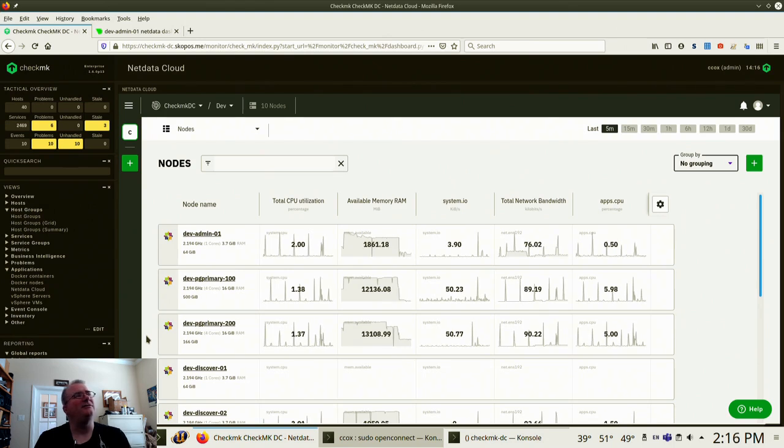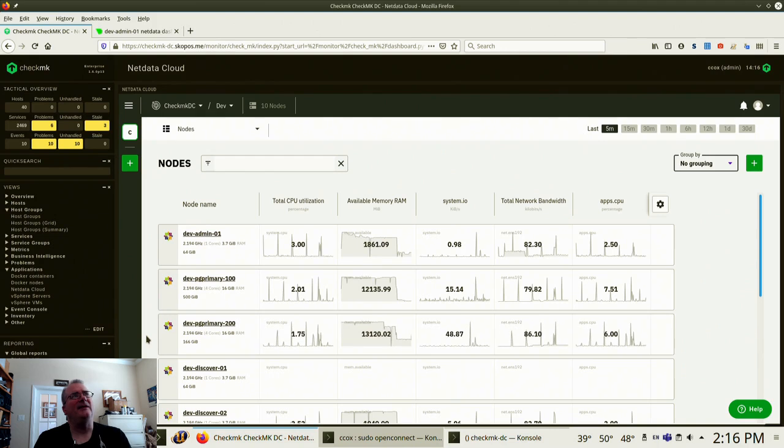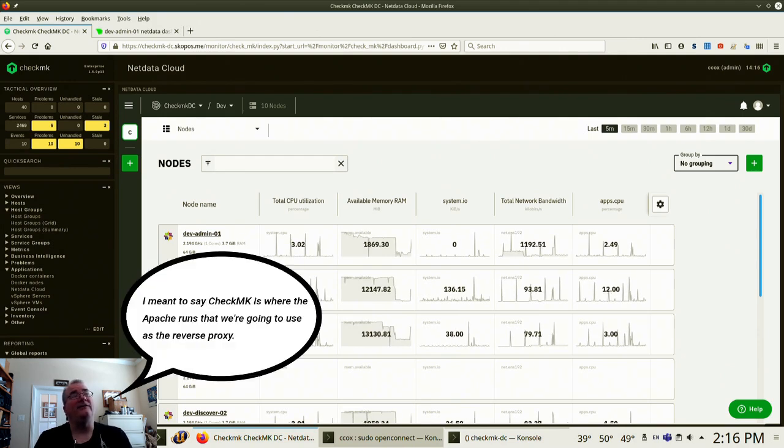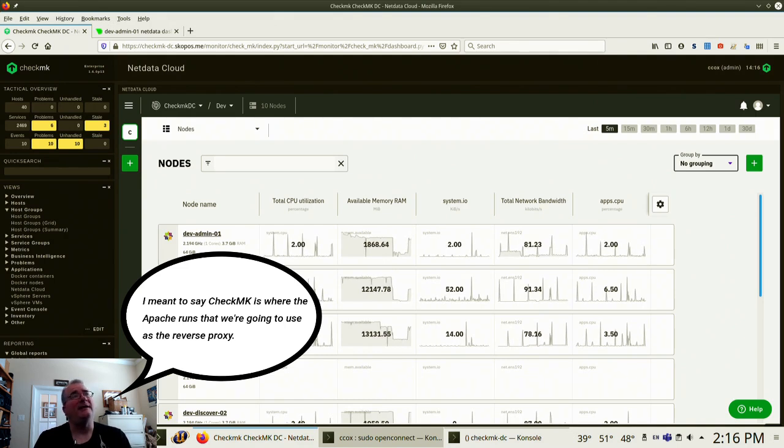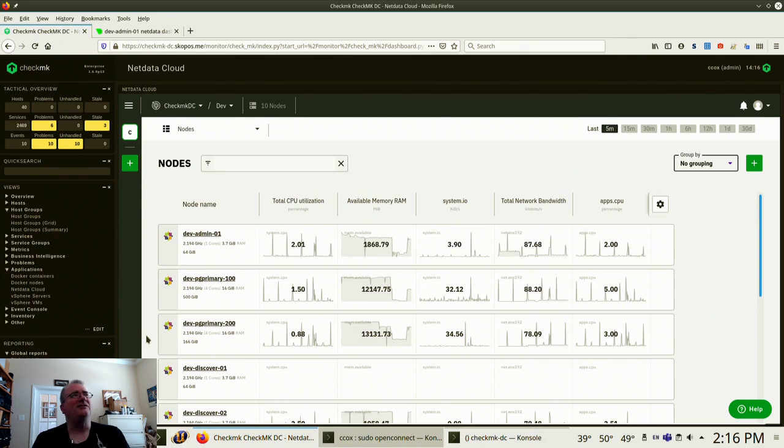So I want to show you how to do that underneath the web. So the reverse proxy, I'm going to assume that our Netdata host itself, which has a web server, so we'll assume the Apache running under Netdata itself, is going to be the place where I want to set up my reverse proxying, and then I'm going to show you